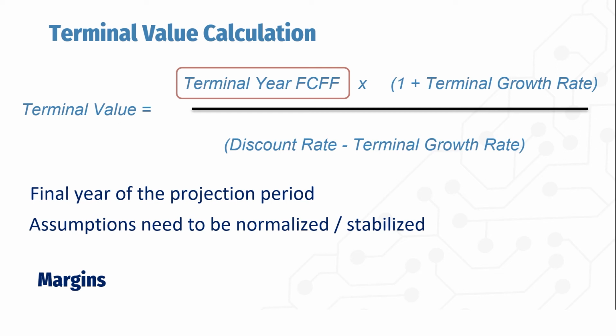So another cross-check that you could do when you're analyzing the terminal year EBIT margin is to make reference to the EBIT margins of the comparable companies, the industry as a whole, and then do a sensible check or a reasonableness check to see if your terminal year EBIT margin is within the range of the industry or the comps.